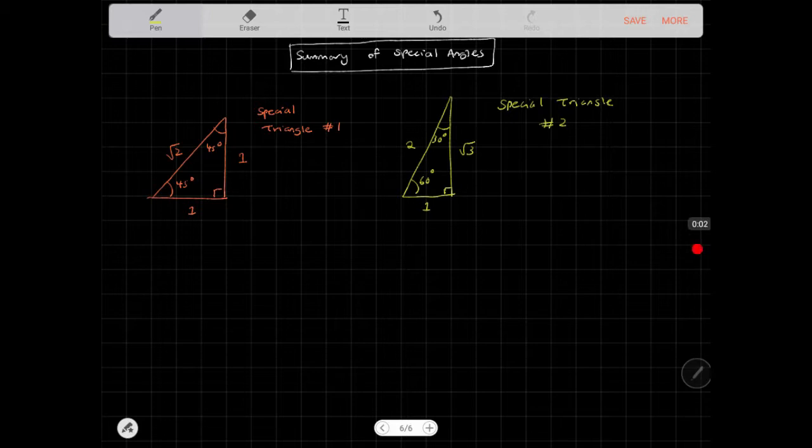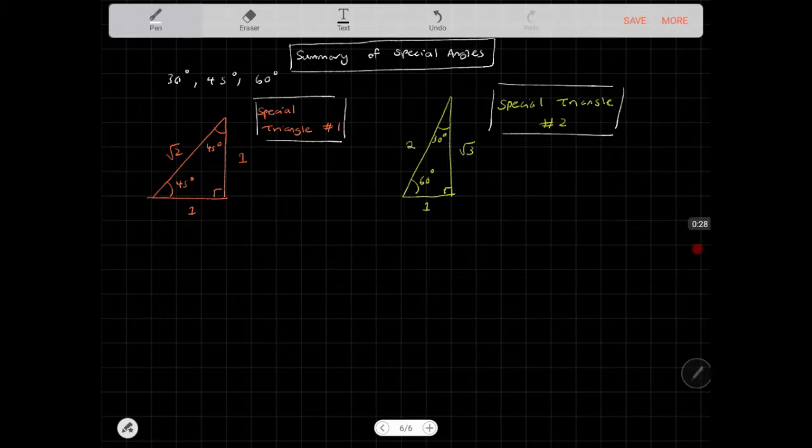To summarize the exact values of the ratios of our primary trig functions for our special angles, we looked at two special triangles, special triangle 1 and special triangle 2. This helped us determine the special angles 30 degrees, 45 degrees, and 60 degrees. If I make a summary chart regarding this,